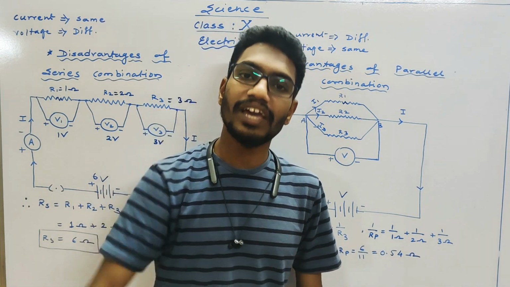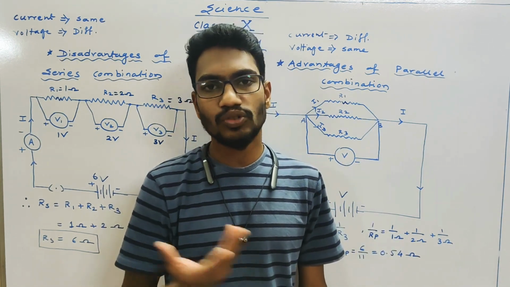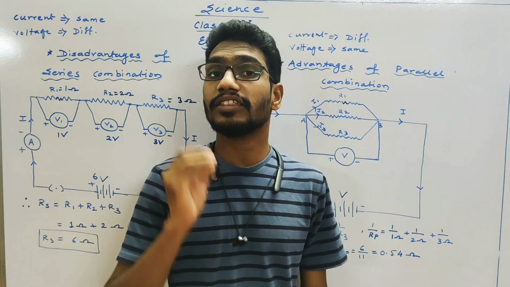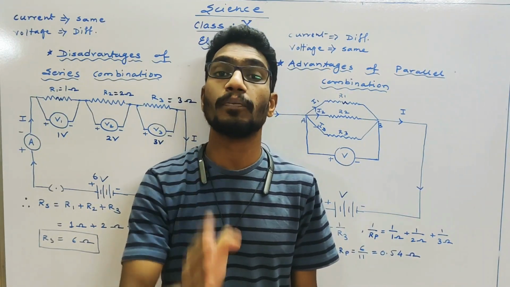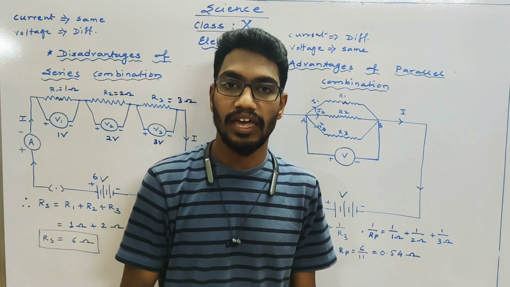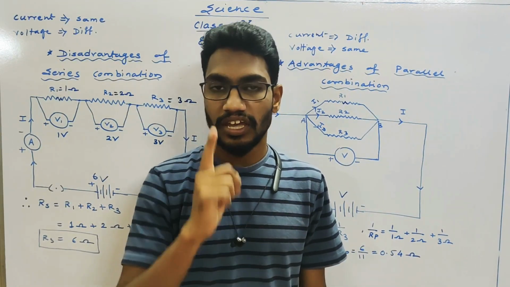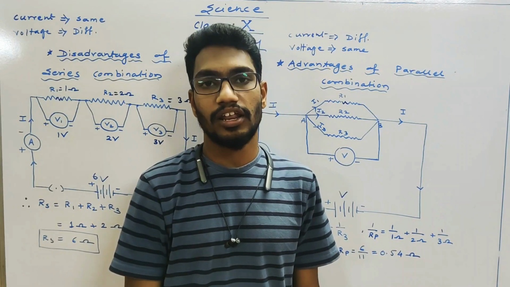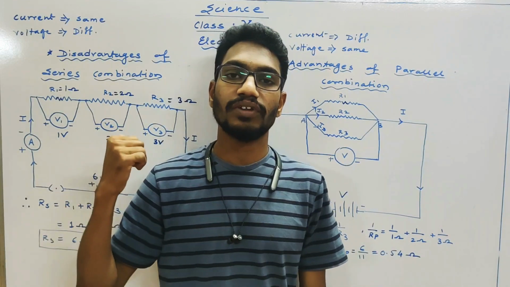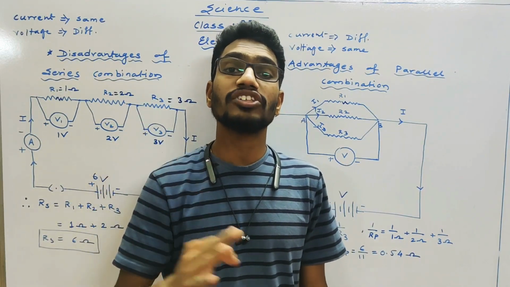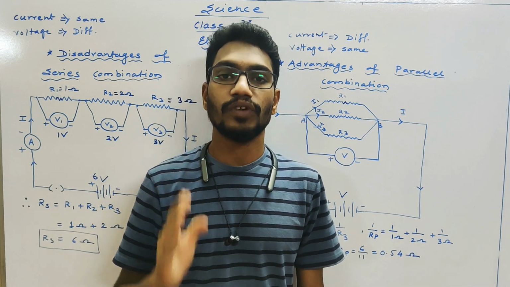So with respect to their resistance, they decide what amount of current will flow. जितना उन्हें चाहिए उतना current flow होता है because all are getting the same voltage. This is the advantage of parallel combination कि सबको same ताकत मिलती है. फिर वो अपने resistance से decide करेगा कि मुझे कितना current चाहिए. That is the advantage of parallel combination. All the appliances get the same voltage, and the disadvantage of series is all the appliances will not get the same voltage. That affects their working.